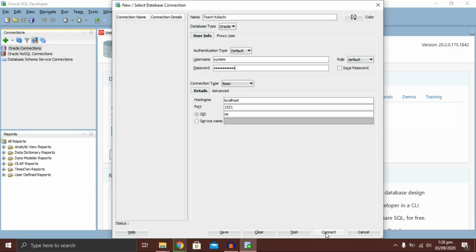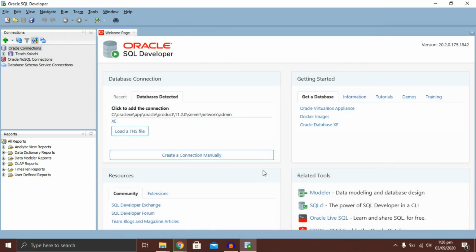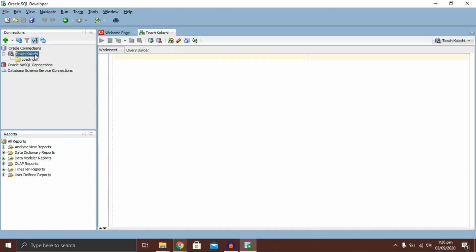By pressing connect, see, by placing those commands, we have established the connection with Teach Kolachi, and our SQL Developer and Oracle database 11g have been connected.